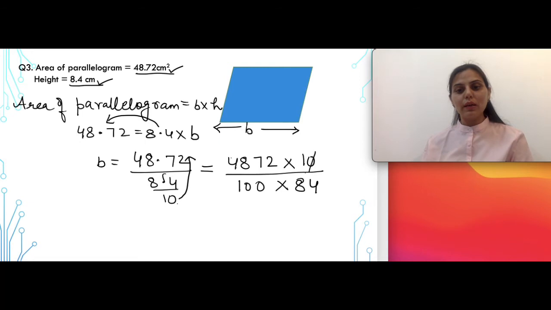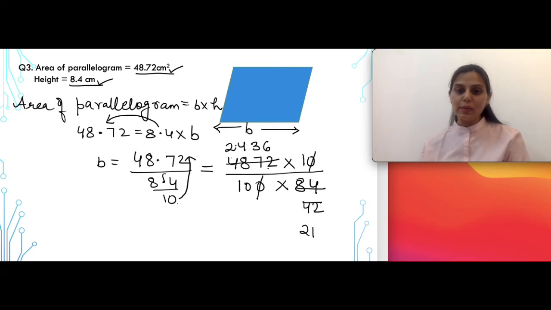So here clearly 10 can be cancelled with this. Now the number here at one's place is 2 and the number here at one's place is 4. So we can start cancelling the terms with the table of 2. 2 42s are 84, and here when you cancel the terms you'll get 2 2s are 4, 2 4s are 8, 2 36s are 72, if you remember. Now clearly again these terms can be cancelled with the table of 2. 2 21s are 42.